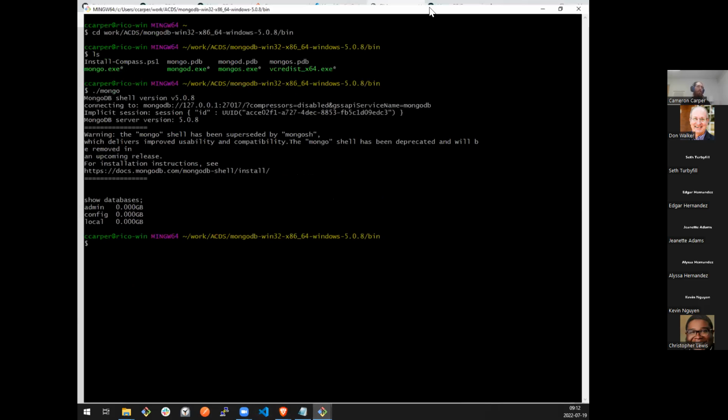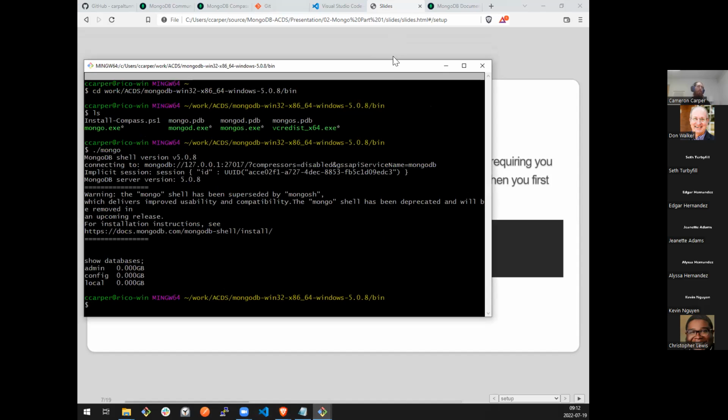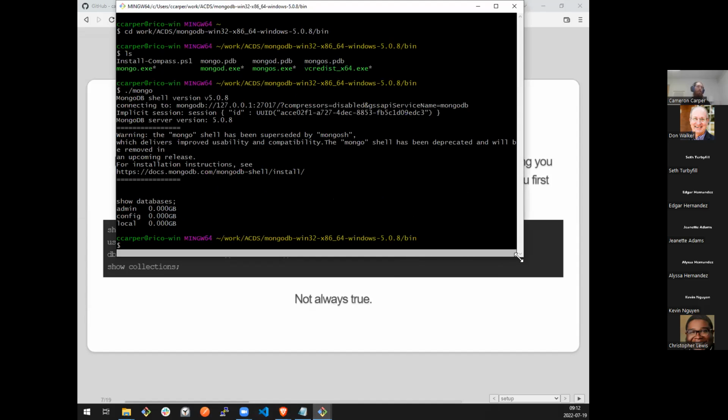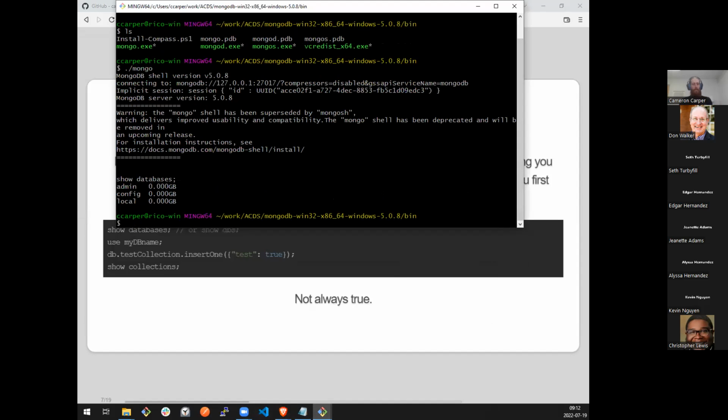So I did lie when I told you we weren't going to use the Mongo CLI again, but just briefly. And actually, I'm glad we talked about this first because this is an interesting bit. I mentioned that our MongoDB server is currently running in development mode. That means a few things. First of all, it means that there is no authentication or authorization. I connected, I did not log in, and I can do anything.